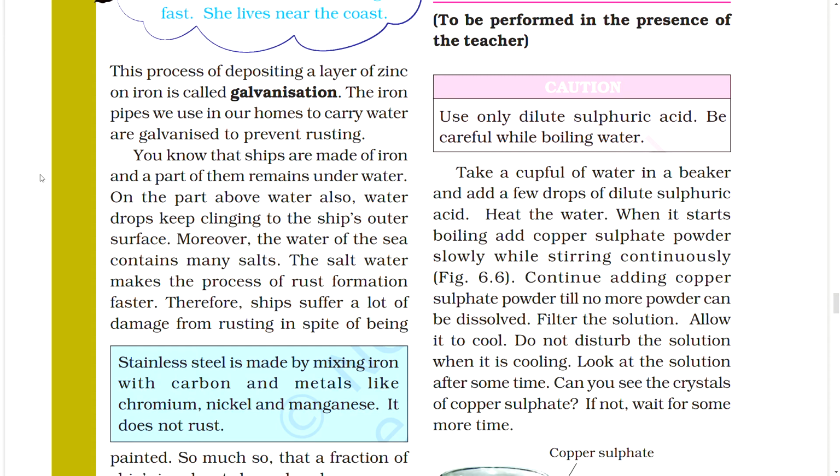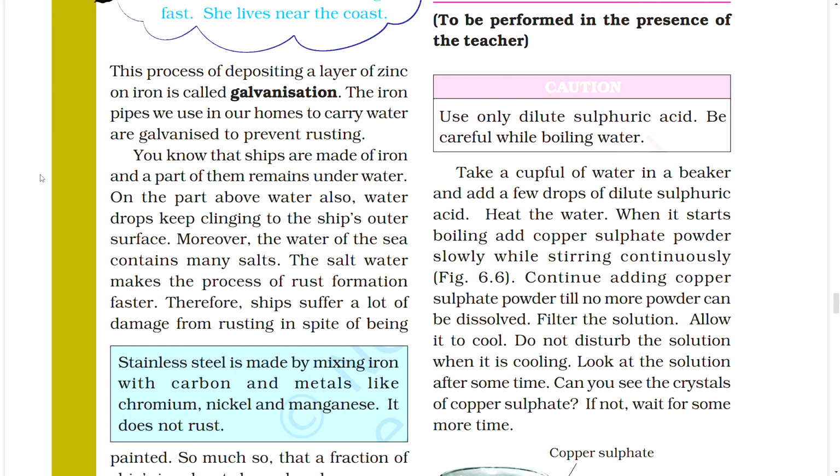You know that ships are made of iron and a part of them remains underwater. On the part above water also, water drops keep clinging to the ship's outer surface. Moreover, the water of the sea contains many salts. The salt water makes the process of rust formation faster. Therefore, ships suffer a lot of damage from rusting in spite of being